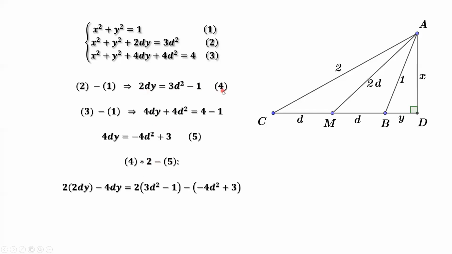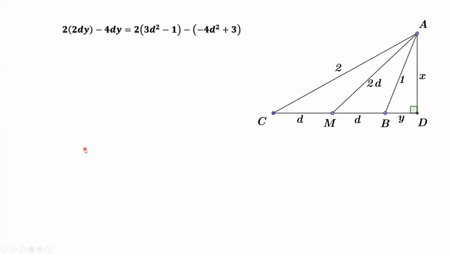Result 4 times 2 implies 4dy equals 4 times 3d squared minus 1. Then we have this result. Simplify both sides. Then we have